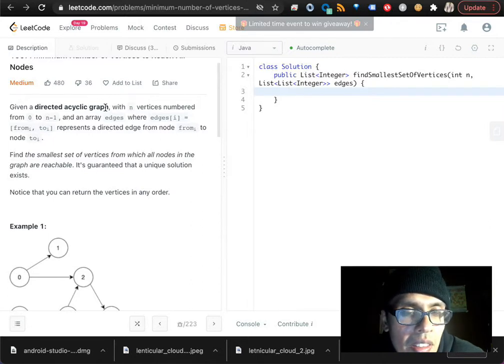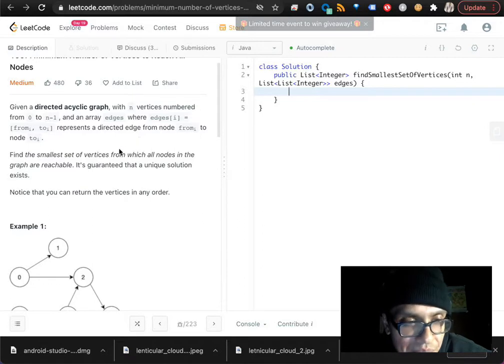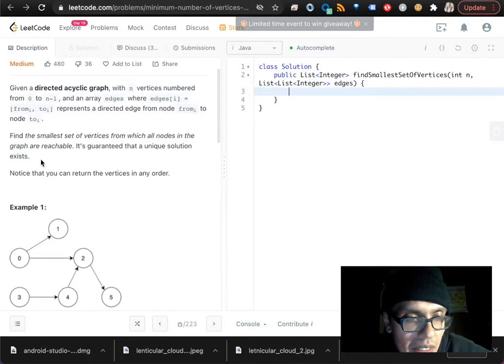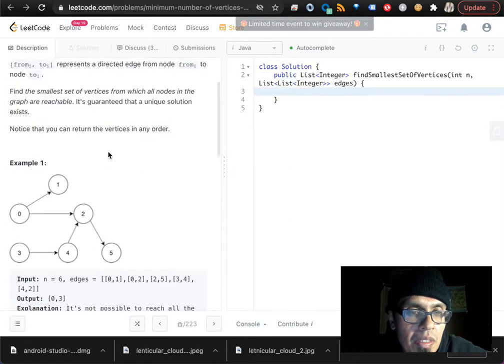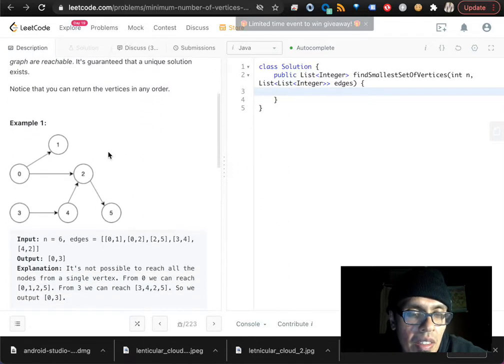Anyway, given a directed acyclic graph, a DAG, with n vertices numbered from 0 to n minus 1, and an array edges where edges[i] = [from_i, to_i] represents a directed edge from node from_i to node to_i. Okay, that's just a standard graph definition. Find the smallest set of vertices from which all nodes in the graph are reachable. It's guaranteed that a unique solution exists. Notice that you can return the vertices in any order. All right, so